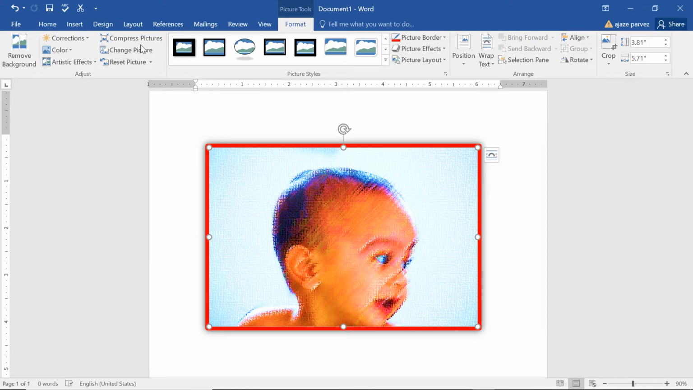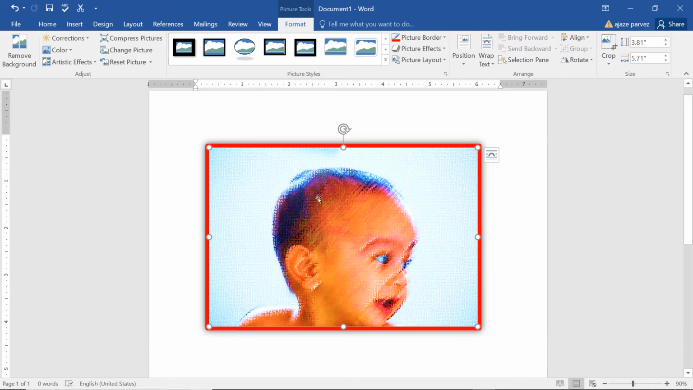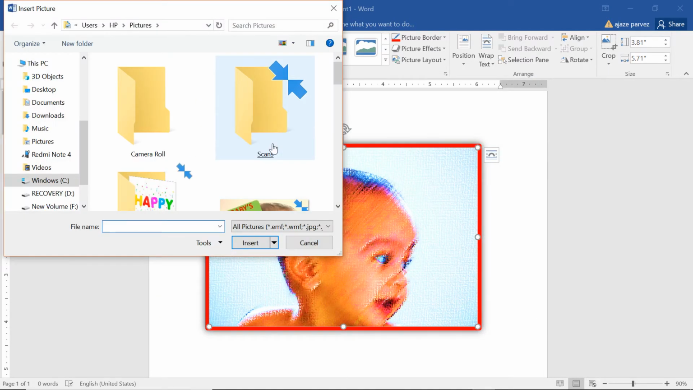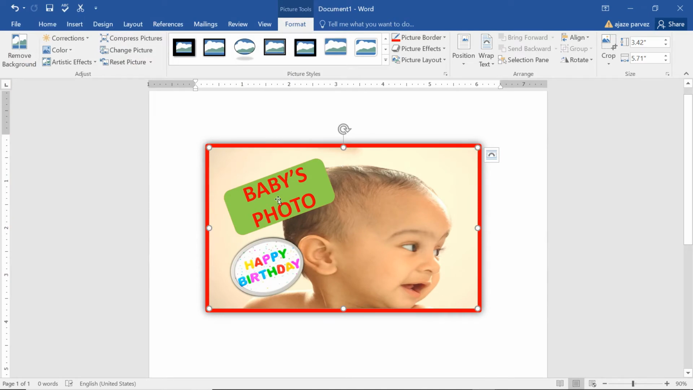I can always change the picture. Now I'm not happy with this picture. I can go to change picture. These are all the possibilities. I can go to internet and take the file, or from the system. Also I can take the file. So let me take this file. So now this has eventually and purposefully replaced